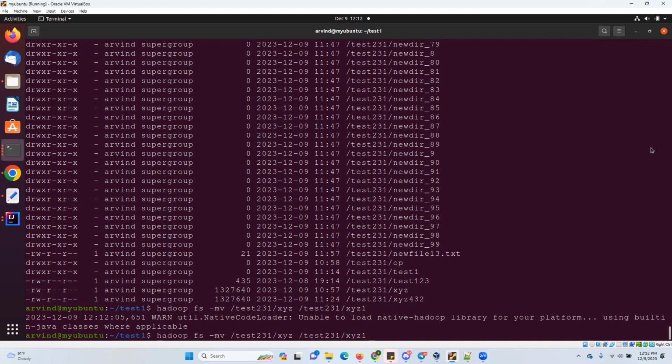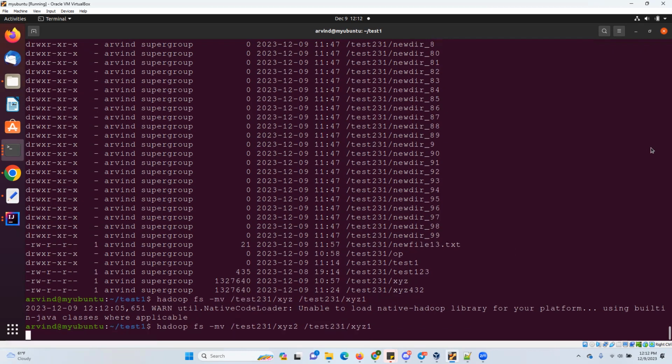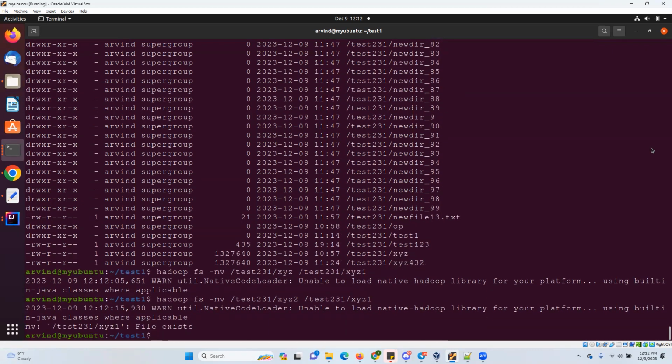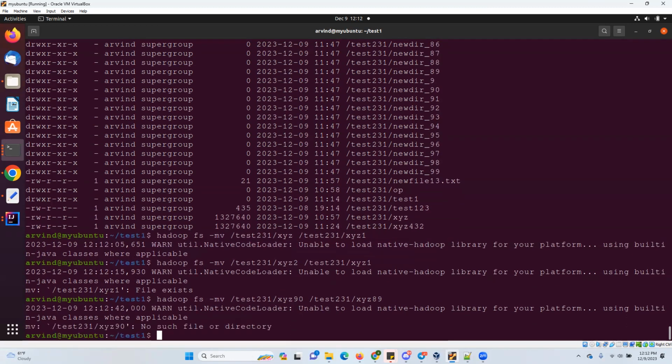But both are different because this is a target, so that should always be new, right? It is new. But this one I'm giving is not present, and I'm trying